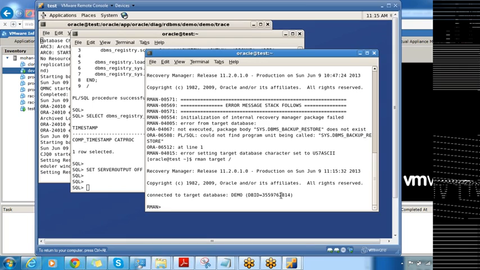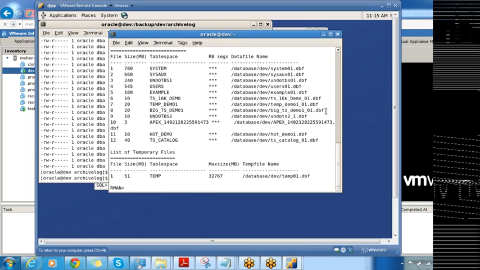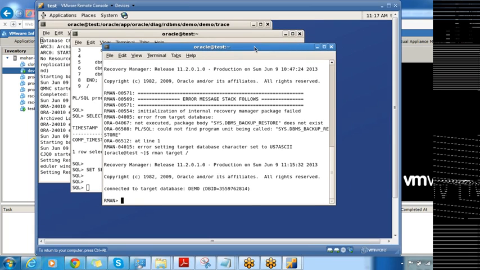Yeah, it's done now. And it will be stored in the control file itself. So without creating any catalog, we'll take the backup of the database. So we'll be using the control file itself to store the backup information. Now, before doing that,